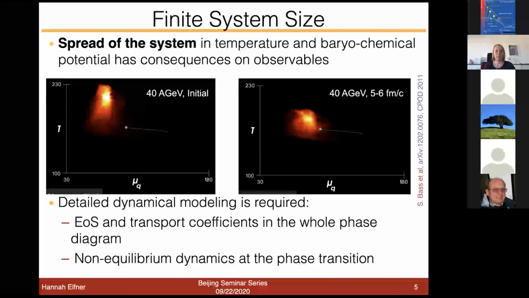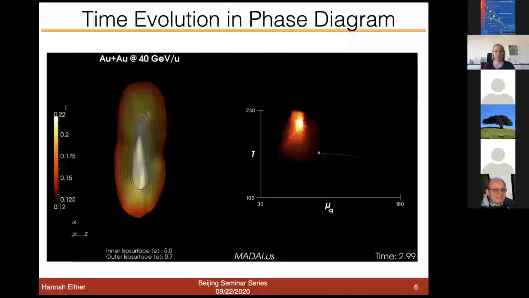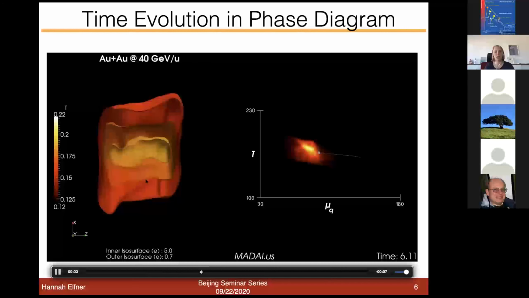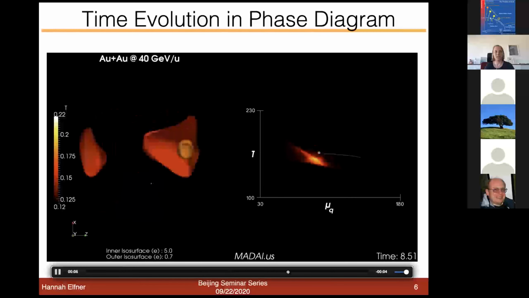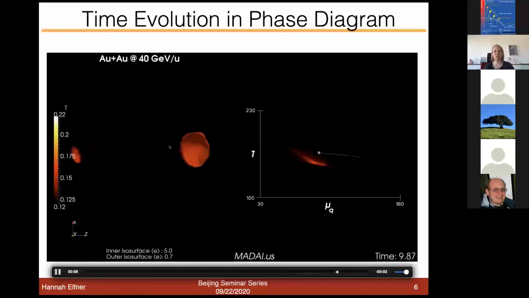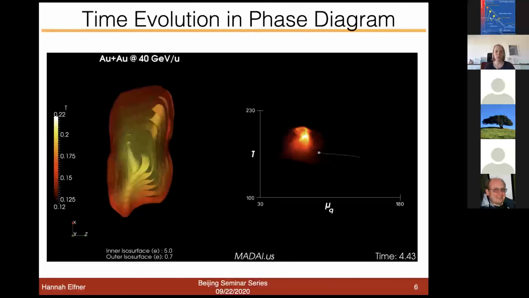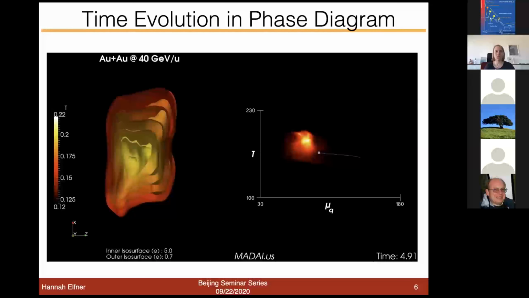Also, just to have a nice intuitive picture of this, let me show this animation where on the left-hand side you can see the hydrodynamic evolution in space. So you just see in the z direction how the system expands. And on the right-hand side, you see the same system mapped on this phase diagram. So this is the dynamic picture to what I've been showing statically before. So you get some idea of where our system is moving in some intermediate energy range.